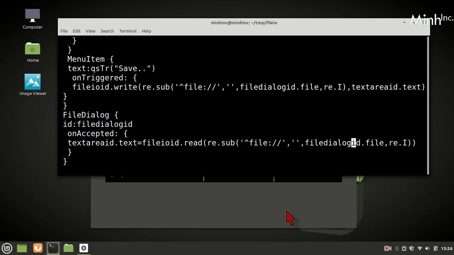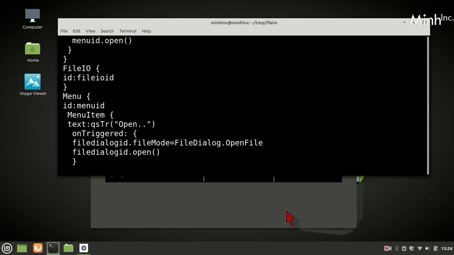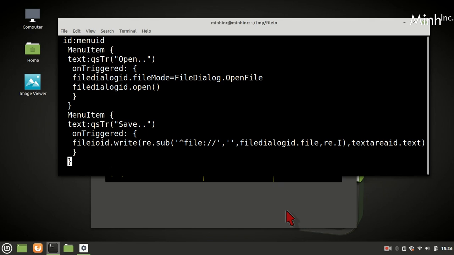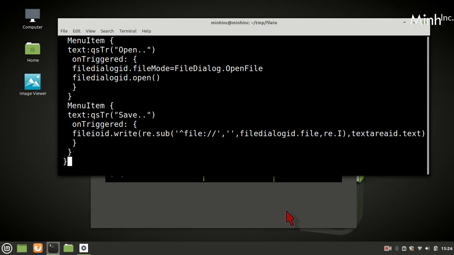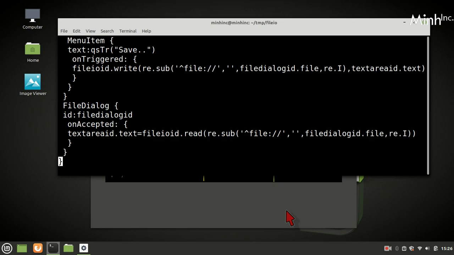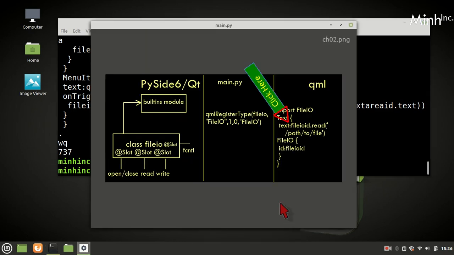So we are giving the file name and that is copied in the text. Probably this menu item will come here, menu item will come here, and there will be menu here, and then file dialog is here, and finally text area is here. So this is the QML code.